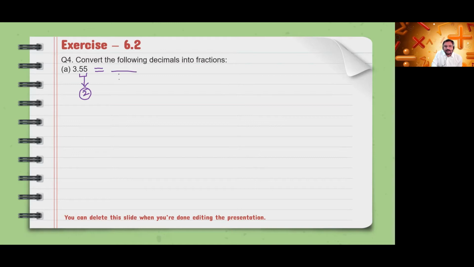So what we will do, we will put 1 and 2 zeros in the denominator. 2 zeros will come in the denominator. And this will become what? 355 upon 100. Now this has been converted into fraction. We can simplify this because numerator and denominator both are divisible by 5. So we will simplify it. So what it will come? 35 means 5 sevens and 71. If we divide by 5, we will get 71 divided by 20.